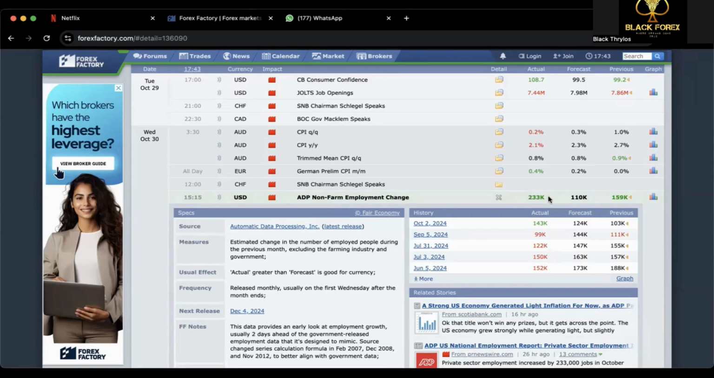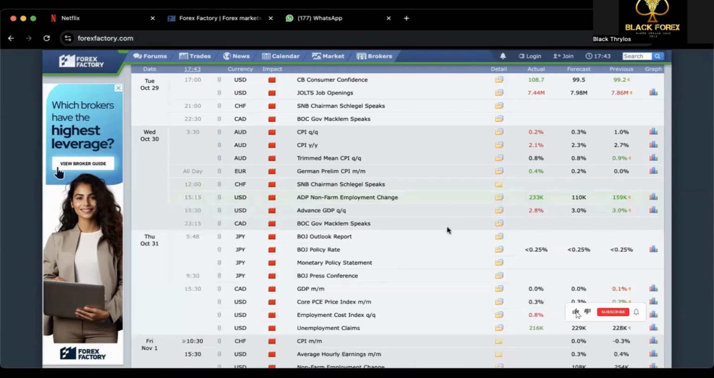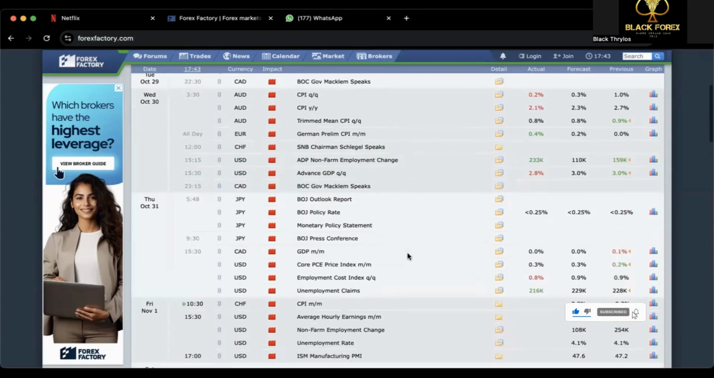That's over 130 people, which were not anticipated, which were crazy bullish for the dollar, right? Because more people were actually employed. So it was positive for the dollar. Now, the second indication